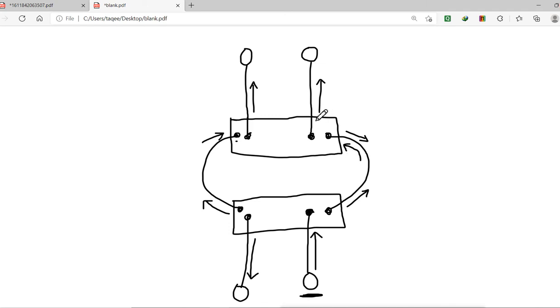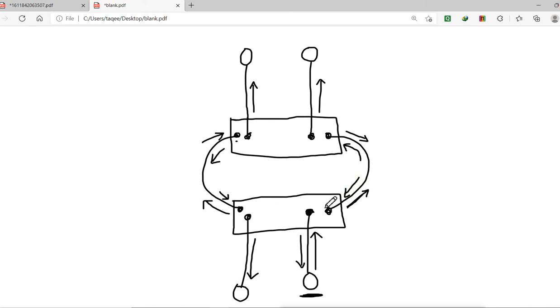Now this switch will again do the broadcast. It will broadcast on this port, on this port, and this time also on this port. When it reaches from this port, it will reach this switch again. It is coming back to this switch. Now this switch receives the packet on this port. It will broadcast on this port, and now it will broadcast to the machine that is sending the broadcast also. And then it will send the broadcast to this port also. But remember, it was coming from this side also, so it will reach this port from this side.